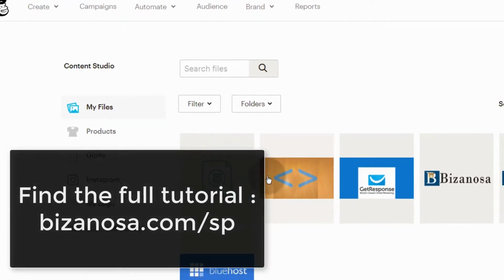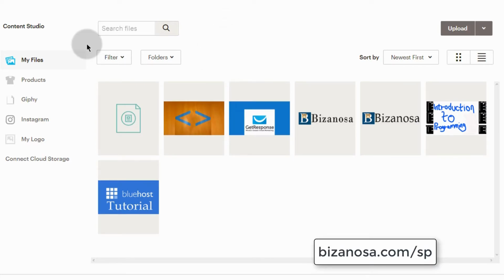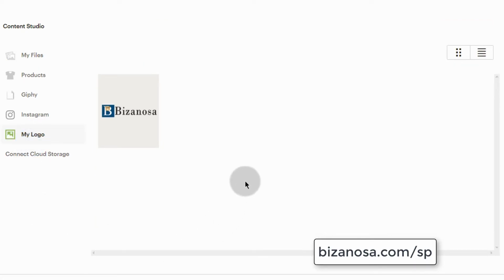If you come under the Content Studio, you can upload your content here and use it on your landing pages, your campaigns, automations, websites, anything that you can build on MailChimp. You can use resources that you add into your Content Studio. And if you want to have a logo that will already be added to all your templates, you can come here under my logo and upload your logo.